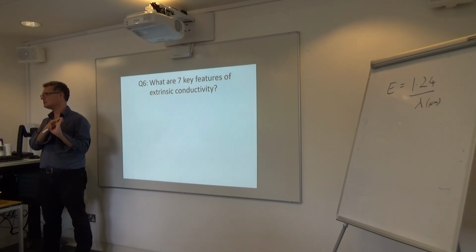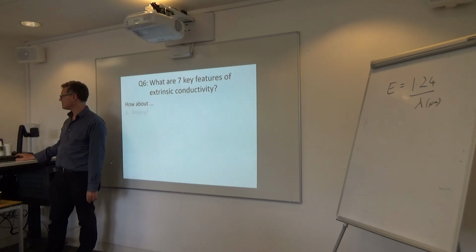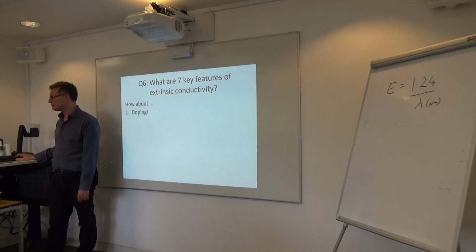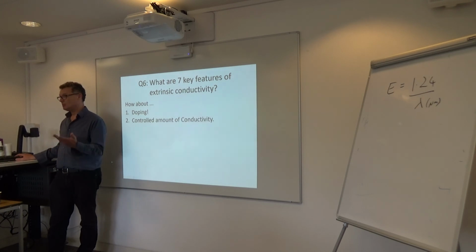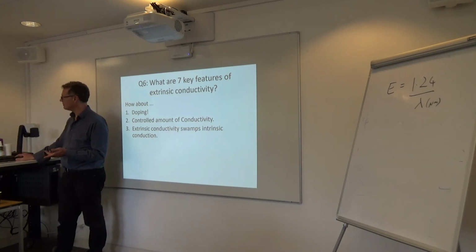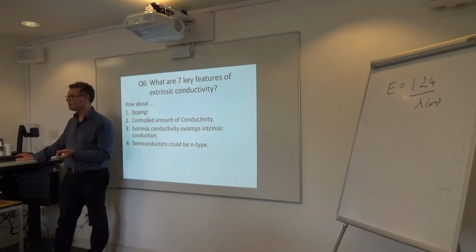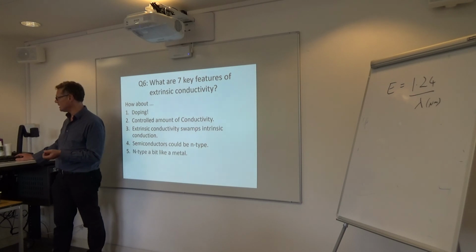We haven't stated the obvious, I think. I don't think we have. It's got stuff in it that wasn't there in the beginning: doping. I don't think we mentioned doping. Okay. So the obvious one is that we didn't mention doping, and therefore by putting doping in, you're now controlling the conductivity. Again, another obvious statement. So, Angela's point that the conductivity will be swamped by the thermal effects. Again, more obvious stuff. But they could be N-type or P-type. The N-type could be described a bit like a metal, because it's additional electrons